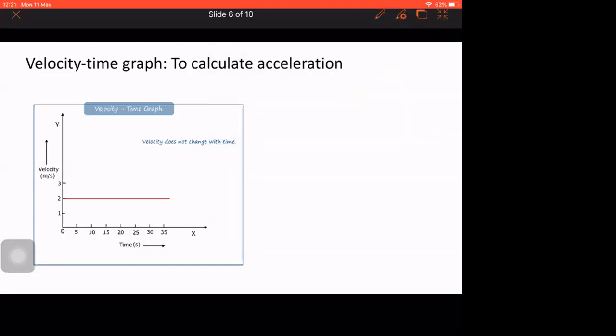If you observe the graph here, it is the graph between velocity and time. Now, I'll not explain anything. Look at the graph for 10 to 20 seconds and tell me what is the acceleration of this body. Please think properly. Think about the definition of acceleration. Look at this graph and tell me what is the acceleration of that body. There is no acceleration because there's no change in velocity.